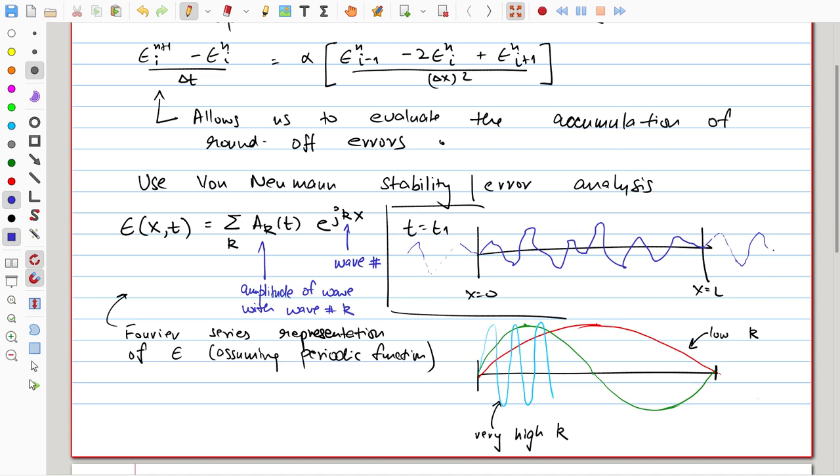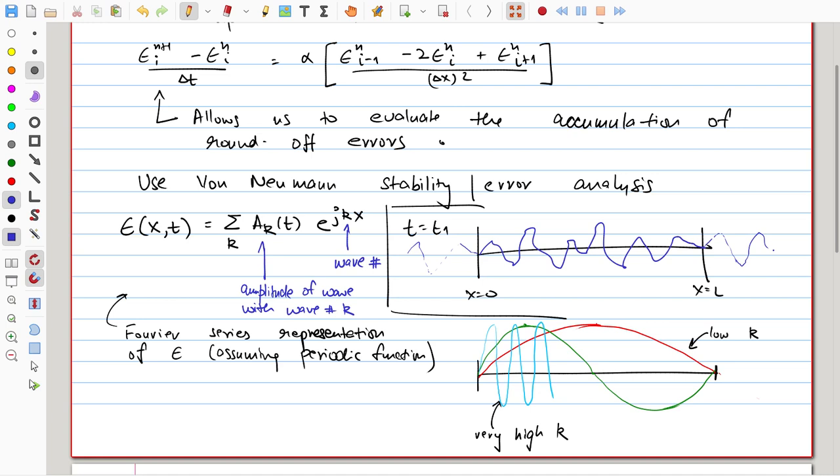Right. So the idea of Fourier series is that I can write any function, because error is some arbitrary function of x. I am not going into detail of when you can write a Fourier series or not, but let's assume that you can write it. The function is nice enough to do that. So in that case, what we are doing is we are writing it as a sum of different waves. So a red wave, a green wave, and a blue wave, and there's three. You can have infinite number of them,